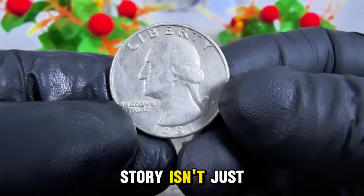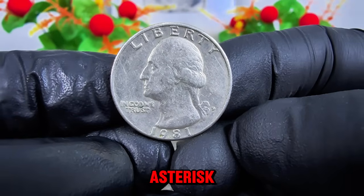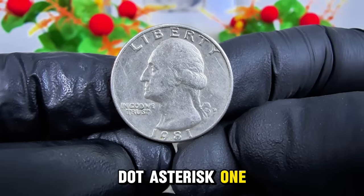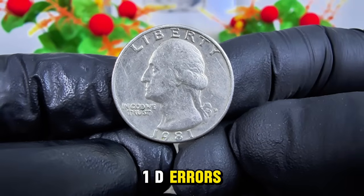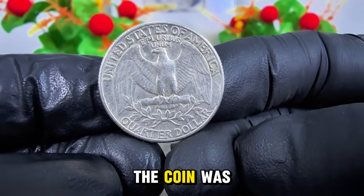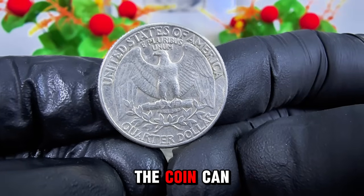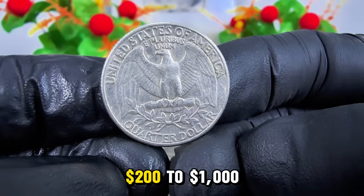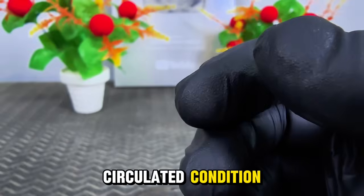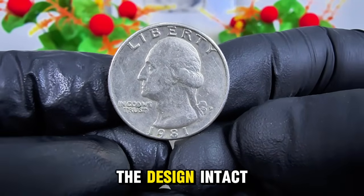But the real story isn't just about condition. It's about the errors and rarities hiding in plain sight. One of the most valuable 1981D errors is known as a clipped planchet, where part of the coin was struck on an incompletely cut blank. These crescent-shaped bites out of the coin can fetch anywhere from $200 to $1,000 even in circulated condition. But if the coin is fine or better, with the error clearly visible and the rest of the design intact,